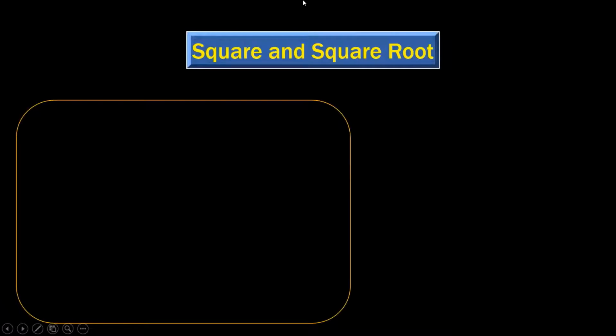Square and square root. Square. What is a square? Before that, 2 into 2. How much? 4. 3 into 3. 9. Here we are multiplying a number by itself. 2 into 2, 3 into 3. Here we are multiplying a number by itself, twice. So this is called